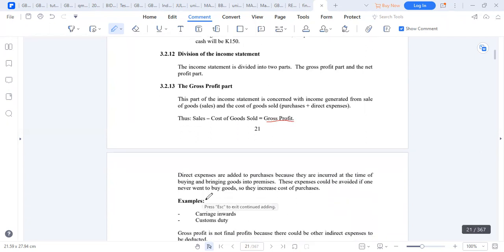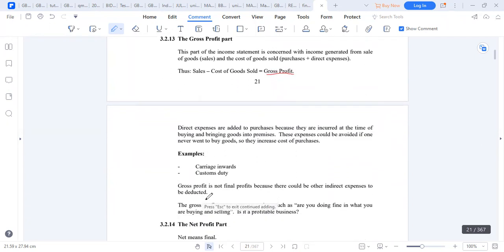And also we have expenses that we need to take note of. Expenses also hold to what we call revenue expenditure. So we have expenses as follows. We have carriage inwards and carriage outwards. Carriage inwards is simply the expense that is incurred on bringing goods into the business.